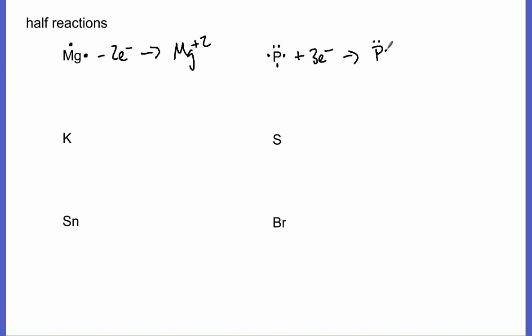Phosphorus wants to gain 3 electrons, but when it does, it has the same electron configuration as a noble gas. I need to put dots all the way around that phosphorus because now it's full, right? But with those 3 extra electrons, it also has a -3 charge. So again, this is another half reaction,